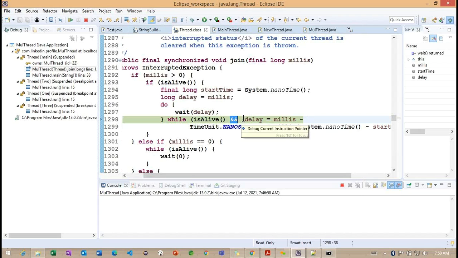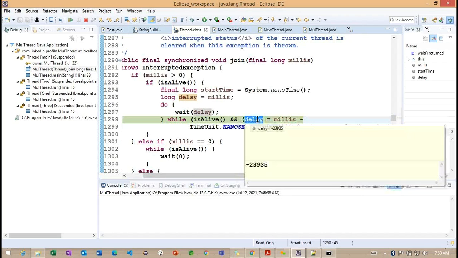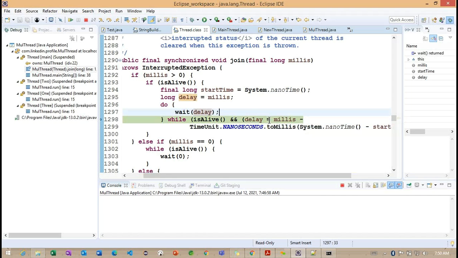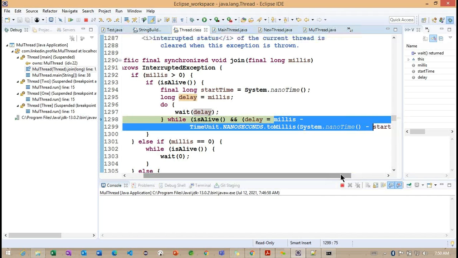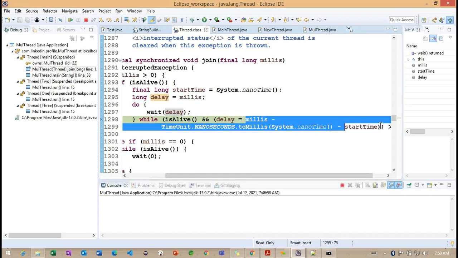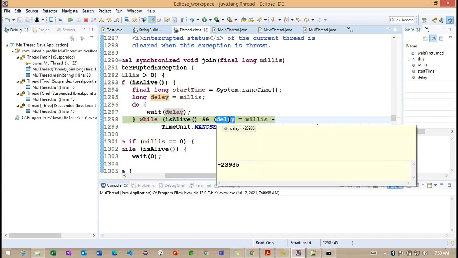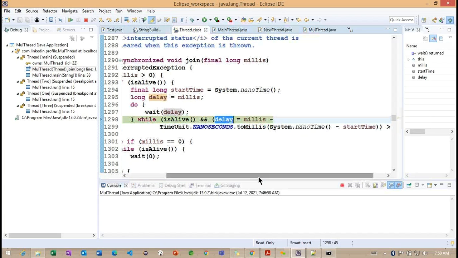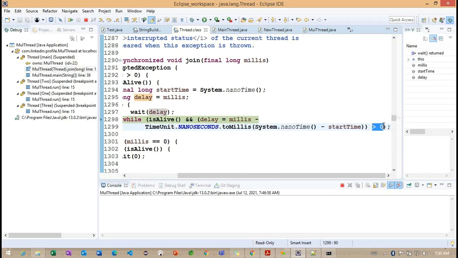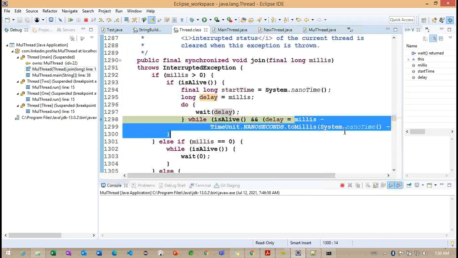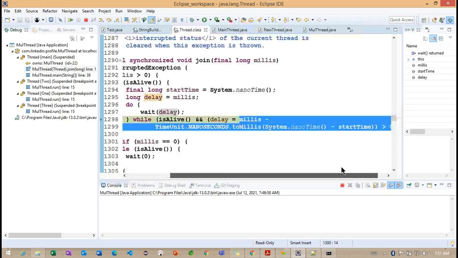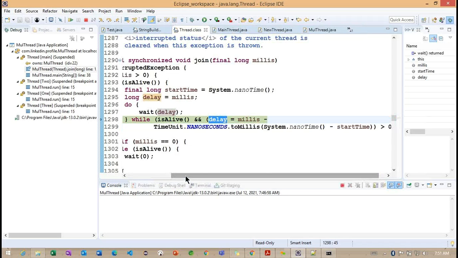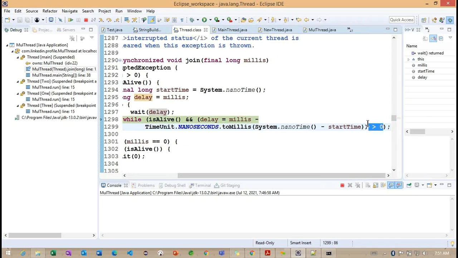So now you can see inside this particular conditional block, we are trying to initialize the value. So this is also a very important section we need to understand here. We are doing some subtraction between this particular value, and we are assigning the subtraction value into this particular delay. Again, we are checking the greater than condition. So see how many operations we are checking here. First we are working with subtraction, right? The second one, we are checking the initialization, and the third one, we are checking the greater than condition.